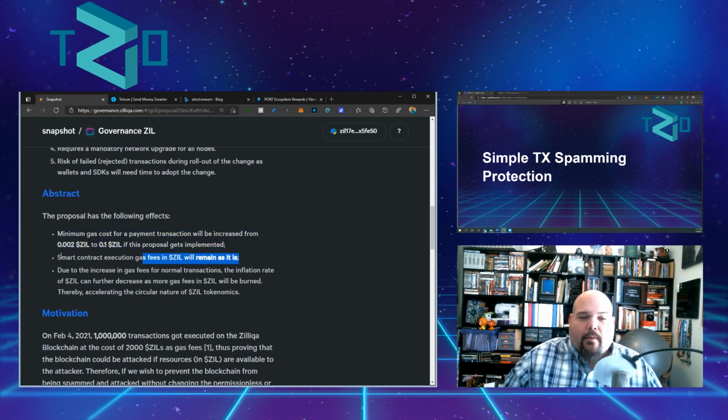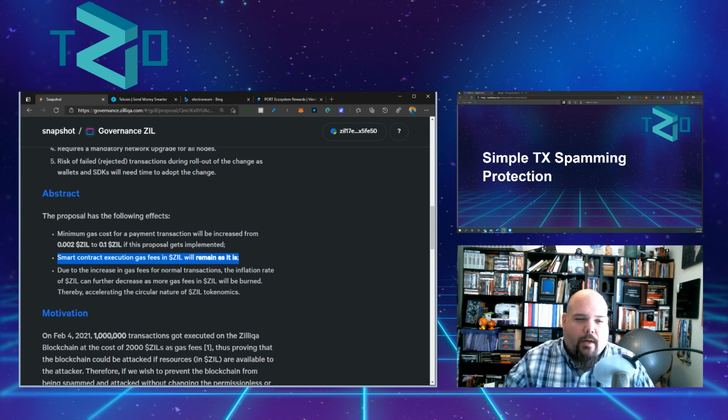So the second bullet point here on the abstract is smart contract execution will remain as is. That's excellent. This isn't going to impact the price of sending your ZRC2 tokens. This isn't going to impact the price of engaging with smart applications that are out there. Let's say you're going to mint an NFT on Mintable. This isn't going to impact those. So there's not a lot of harm to business applications initially, or at least any that I'm seeing right now